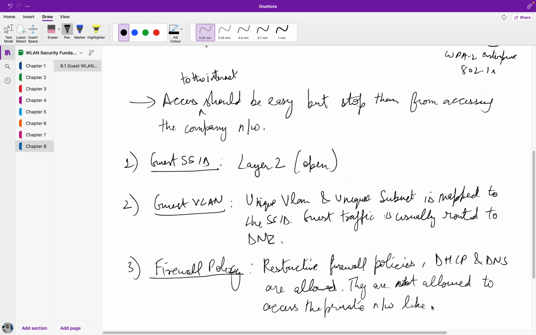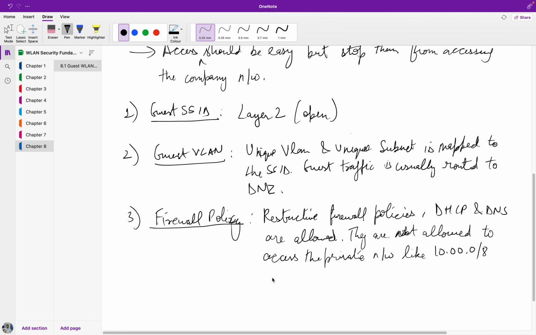Like 10.0.0.0/8, or let's say another one, 172.16.0.0/12, and could be 192.168.0.0/16 also. All these kinds of private networks are not allowed to be accessed by the guest users, because usually the corporate